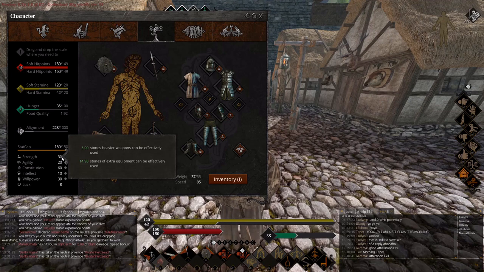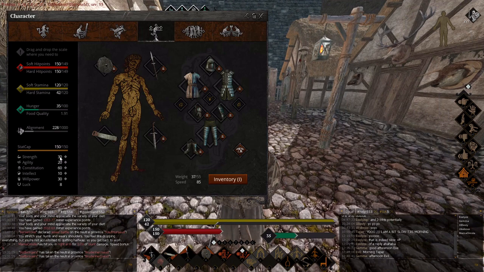But in this case, you also have the stones that you can use. So for example, if you have a little bit more strength and heavier armor, you can run a little bit faster and you are able to use stuff efficiently. The weight. But basically, what you want to be doing is have at least 5 or 10 strength above